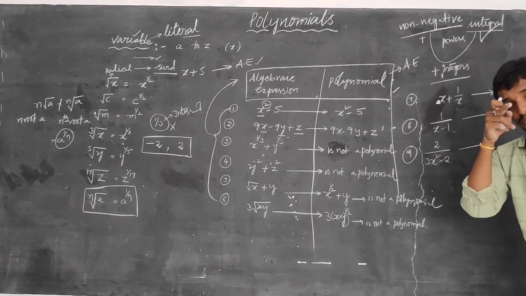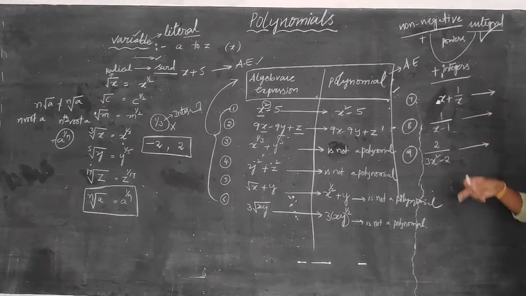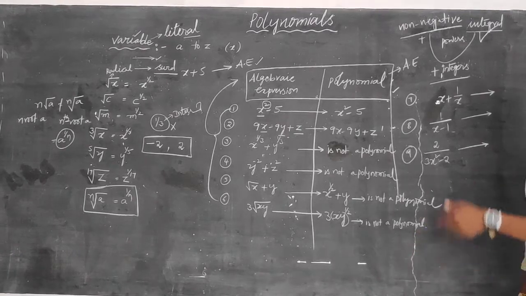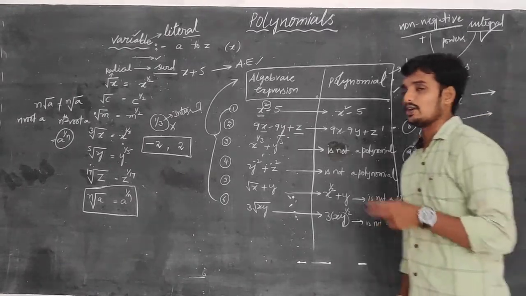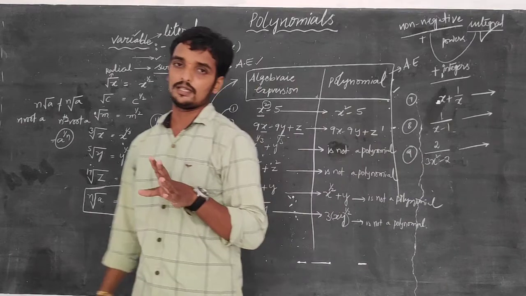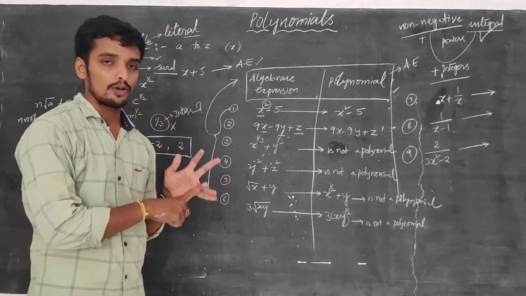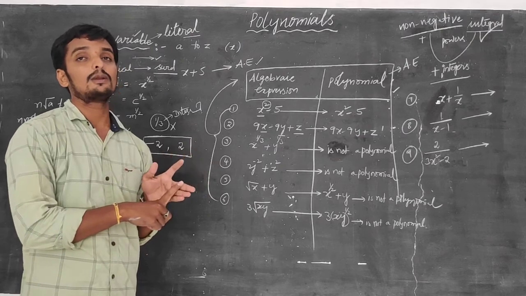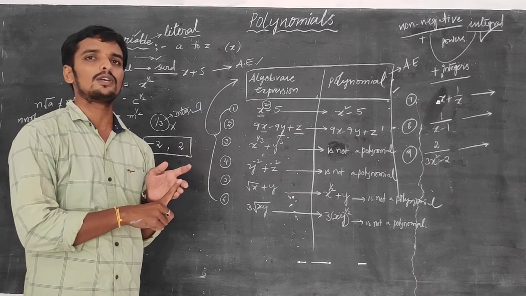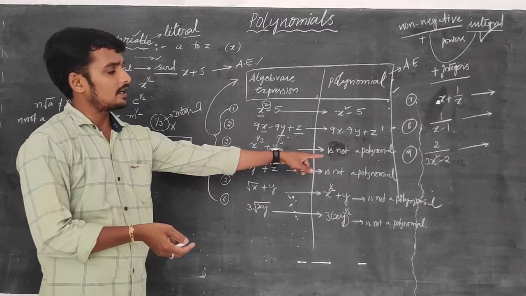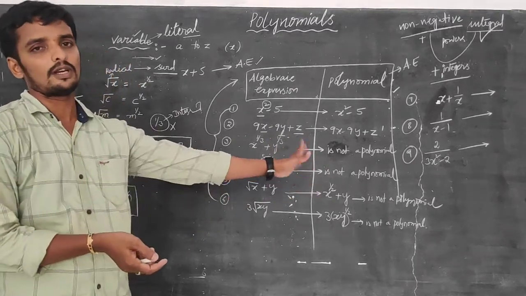First we have to decide whether these 3 are polynomials or not. Then you can write them by examples under point 1 or point 2. Point 1 is for polynomials, point 2 is for non-polynomials. Are you okay, my dear students? Write the definition and some examples of polynomials and some examples of non-polynomials. If you know this, you can go to the next topic. Are you okay, my dear students? If you want to write a 10th example, you can.